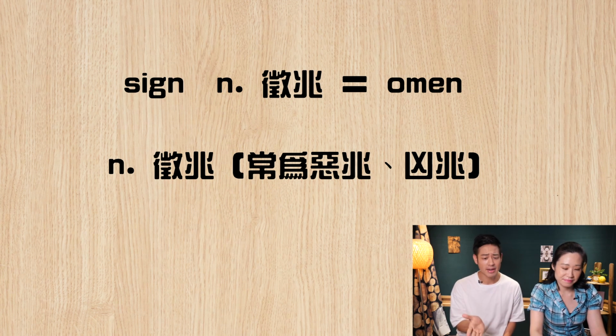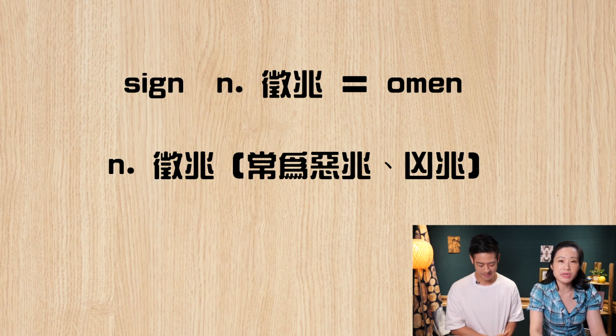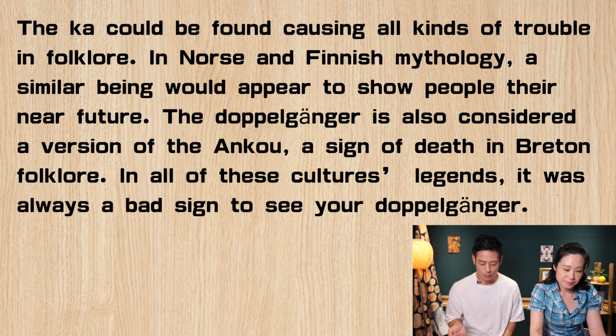Omen is very negative. Sign can be positive and negative, but here, sign of death. Definitely negative. 对，欧美有些同学开玩笑会跟老师说，老师这个字翻成凶兆，这个凶兆是不好的这个兆头，OK？但是 sign 呢，你可以是正面的，可以是负面的，都可以。In all of these cultures' legends, it was always a bad sign to see your doppelganger. 那在其他所有这些文化的传说里面，如果你看到你的分身，其实基本上就是一个比较不好的意思。